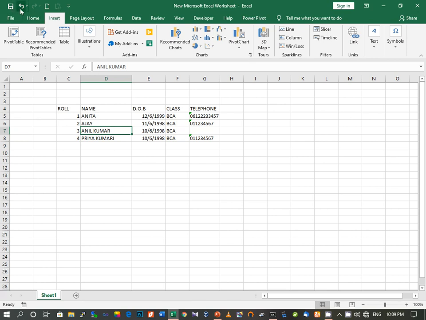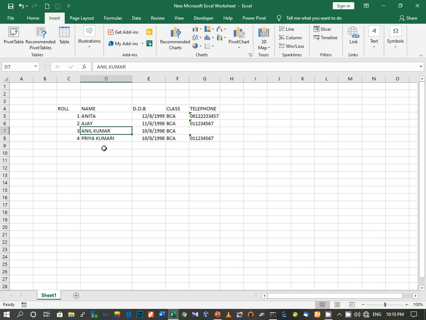So we have this undo and redo button here also. This is called the quick access toolbar. If you press on this, you can see that it will be undo, it has gone. But later on, if you realize that whatever you have done is correct, that can be reverted back, and for this we press this redo button. When we press redo, you can see that again the data has appeared.